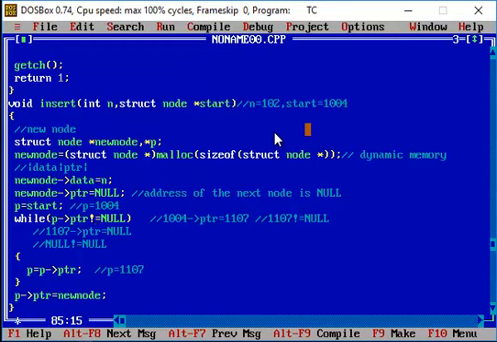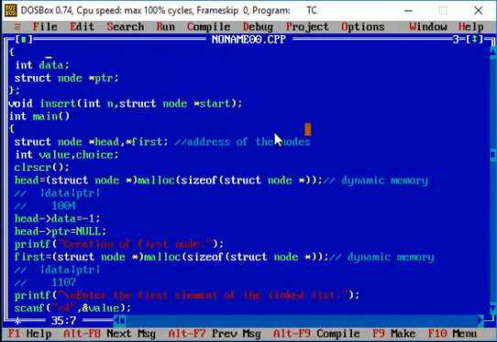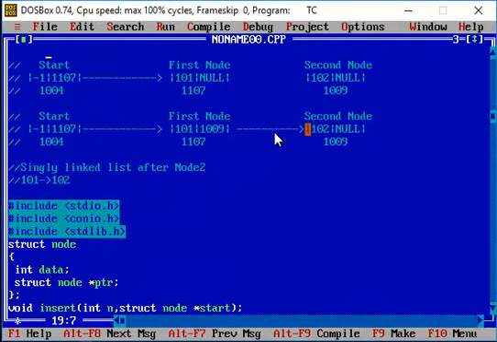So I'm entering the while loop block. In the while loop block I have an assignment statement, p of ptr. So p of ptr indicates 1107, and p is getting assigned the value 1107. Now listen carefully. In 1107 I am going to see what the pointer field value is. As of now, before the second node is inserted, the pointer field value in 1107 is null.